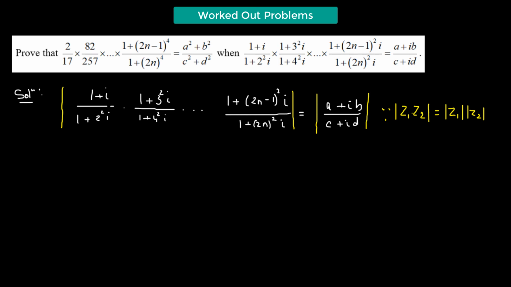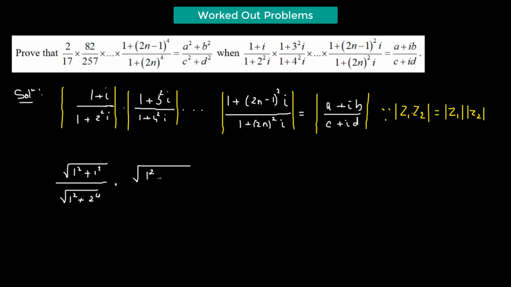So we apply the property, which gives us the product of each of the moduli. The modulus of 1 plus i will be simply the square root of 1 squared plus 1 squared, divided by the square root of 1 squared plus 2 squared squared, which will be 2 raised to the power of 4, multiplied by 1 plus 1 squared plus 3 squared whole squared, which will be 3 raised to